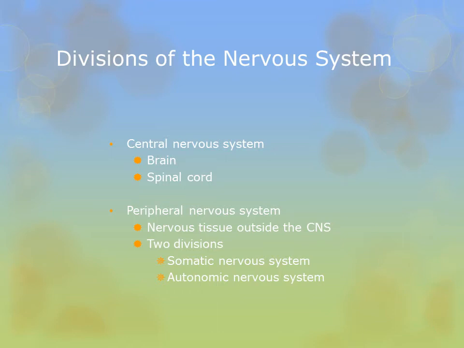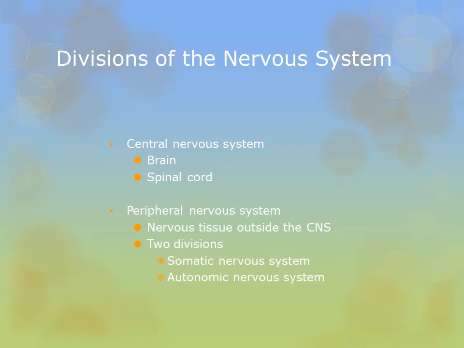The central nervous system is the brain and the spinal cord, and the brain is the processor, sends out signals, it receives signals via the spinal cord, and so the transport system essentially is the spinal cord. Then we have the peripheral nervous system, and this is nervous tissue outside of the central nervous system, and